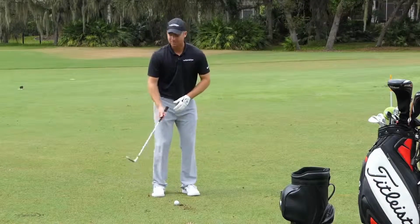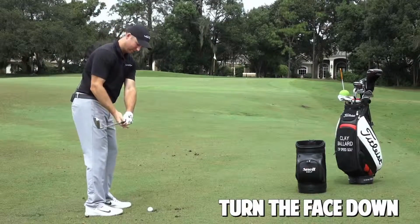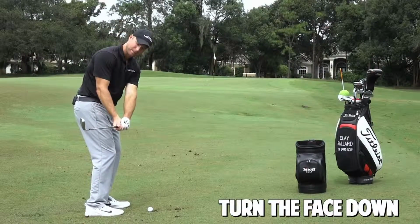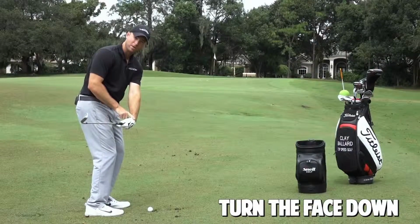The second key is, I want to feel like I'm turning this club face down. If you're looking at my club face here, I'm kind of halfway in the downswing. I want to feel like I take that face and turn it closed. That's going to bow my left wrist, close